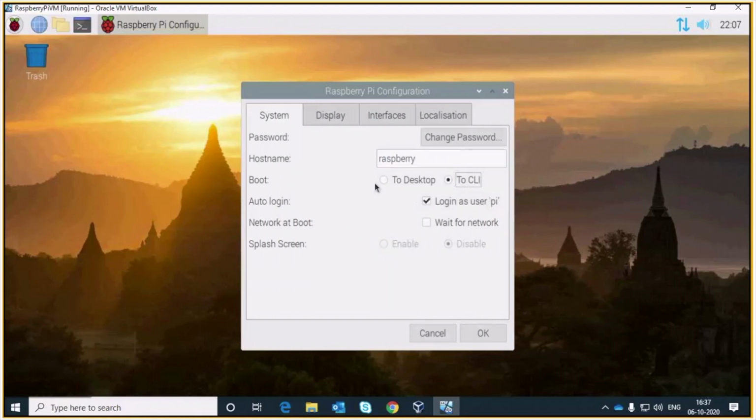So if you enable the CLI, you can connect to this Raspberry Pi from outside, from your host, using PuTTY or WinSCP. I'll say OK.